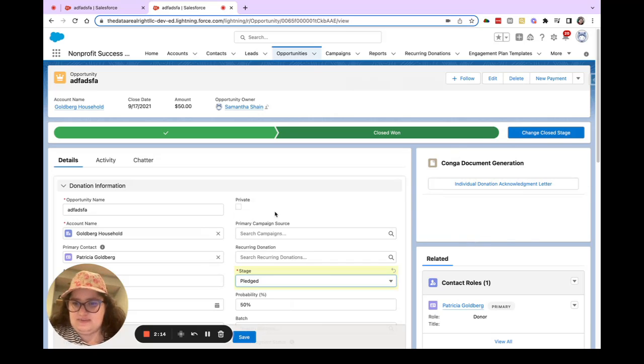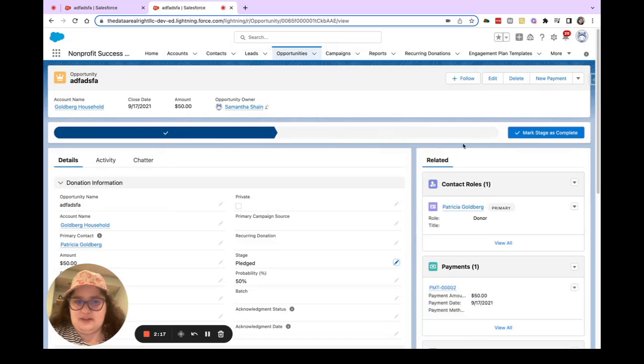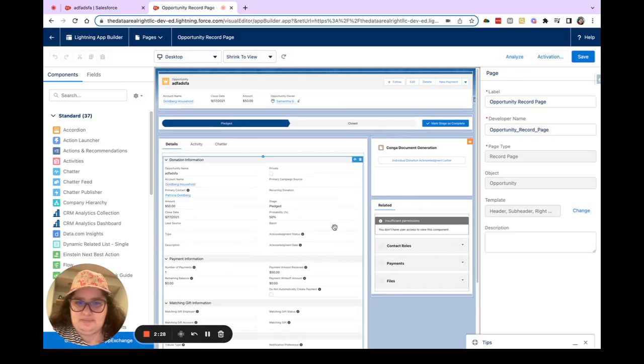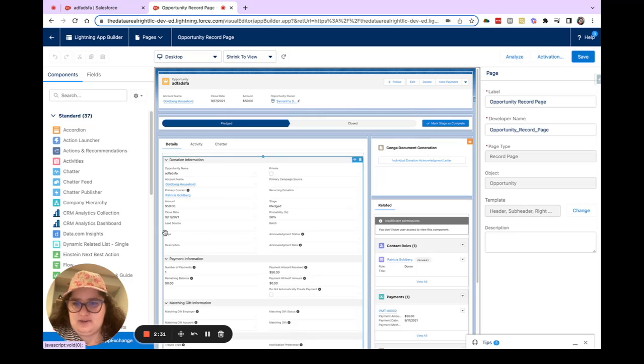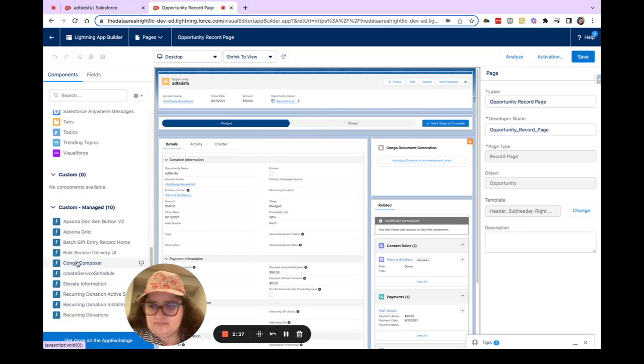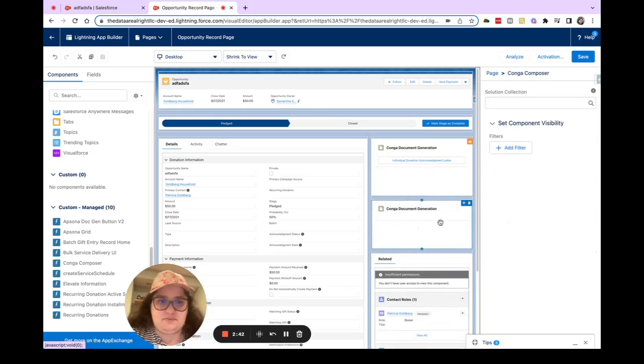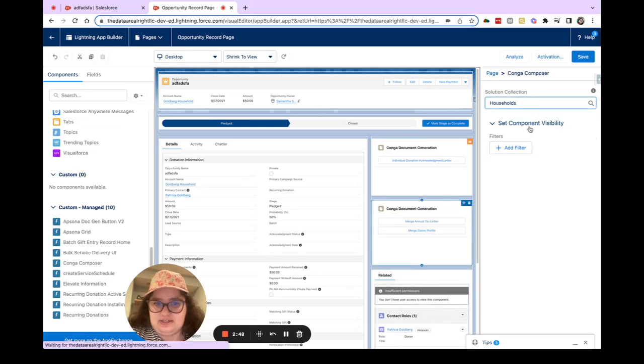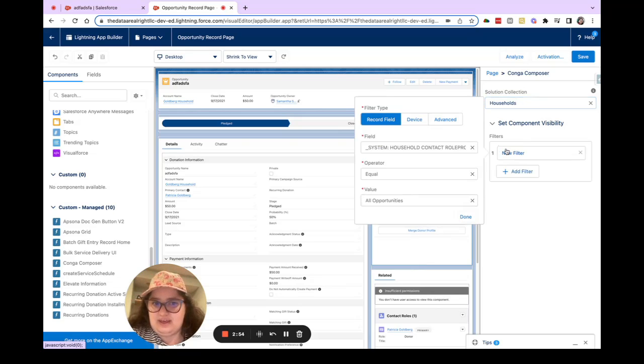So if I change the stage of this opportunity back to pledged, then you'll see that the Lightning component is conditionally hidden, and that is you just using regular old Lightning page conditional visibility. So I dragged this over from my custom components. So it looks like this. Just added another one right below it. And you have to give it a collection. I'll show you how to make these solution collections. So this one has 2 solutions in it. And then you can make this whole thing